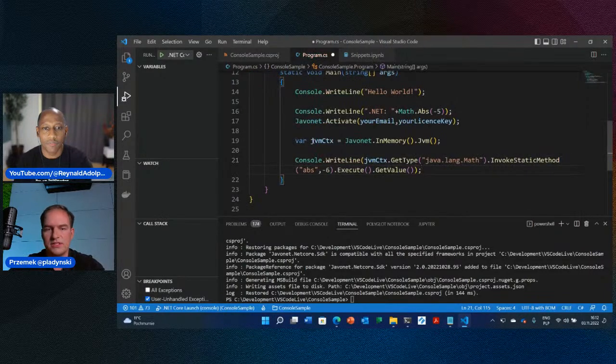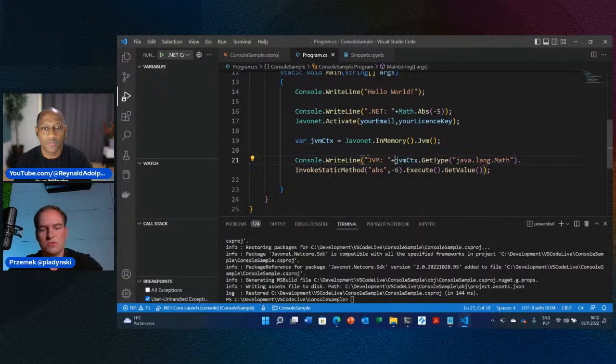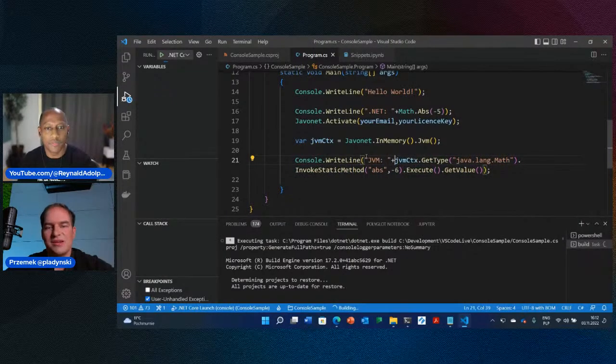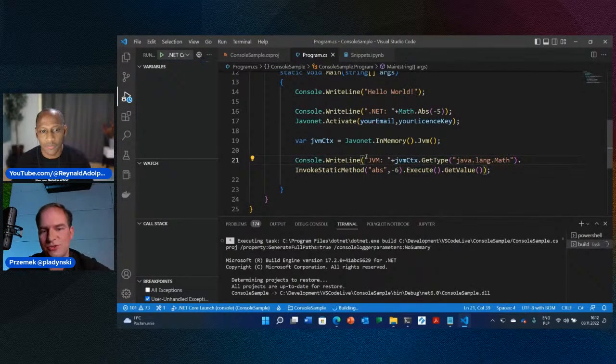Let me do the Alt-Z so we have it spinned, and append here the JVM, right? So that probably looked easy, but let's see if that will let us use right now the ABS method from